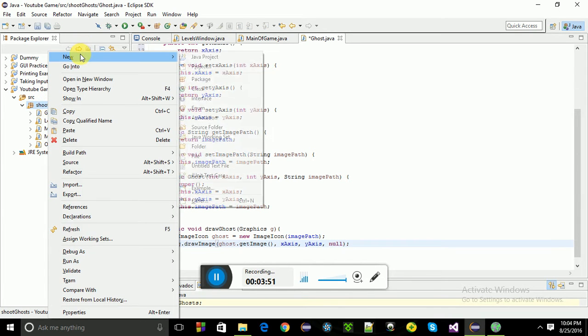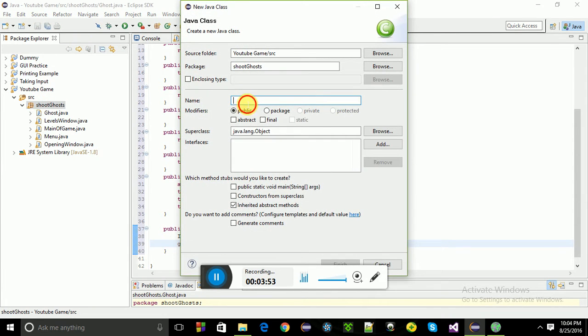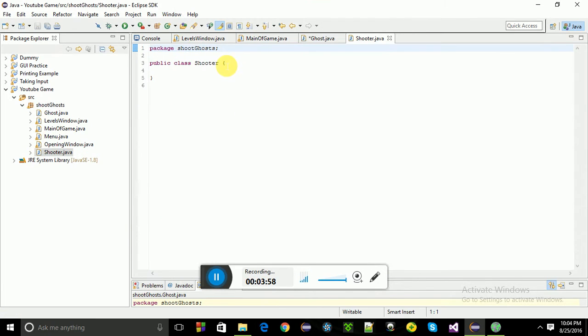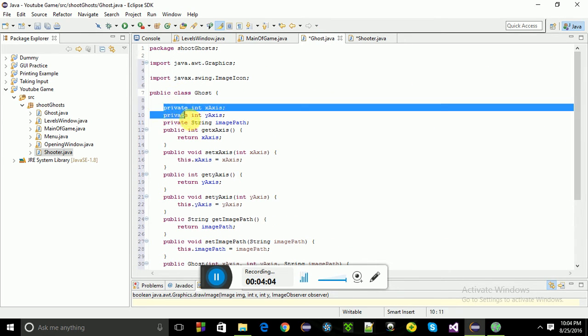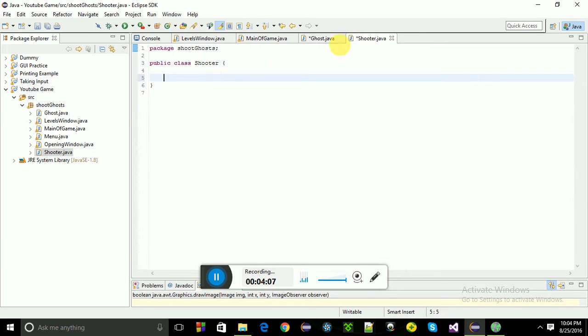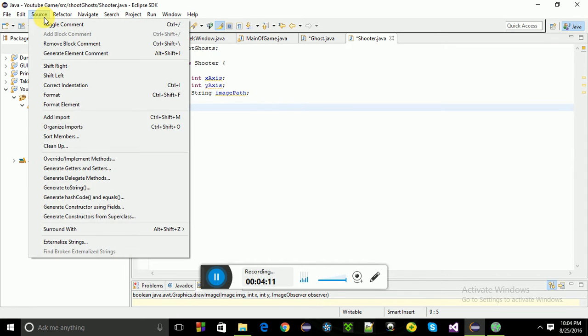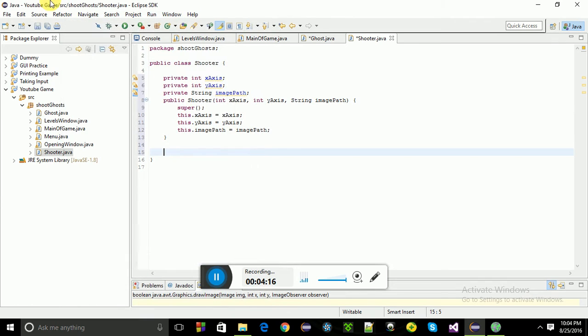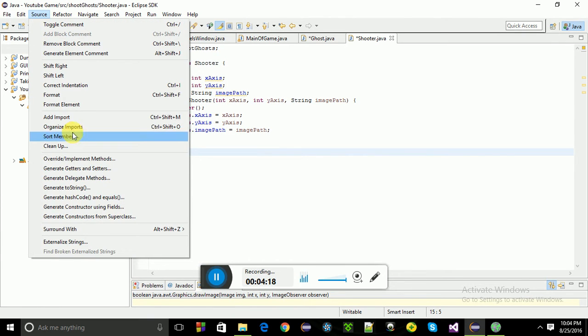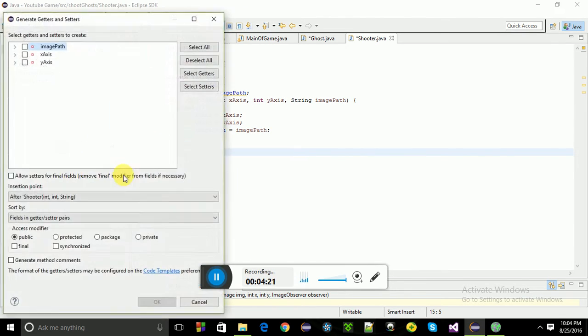Now I'm gonna define a shooter object that will also pretty much have the same thing, integer, private, integer, all the same things. I'm gonna copy this one, and I'm gonna generate the constructor using fields, and I'm going to create the getter setters for all these three fields,